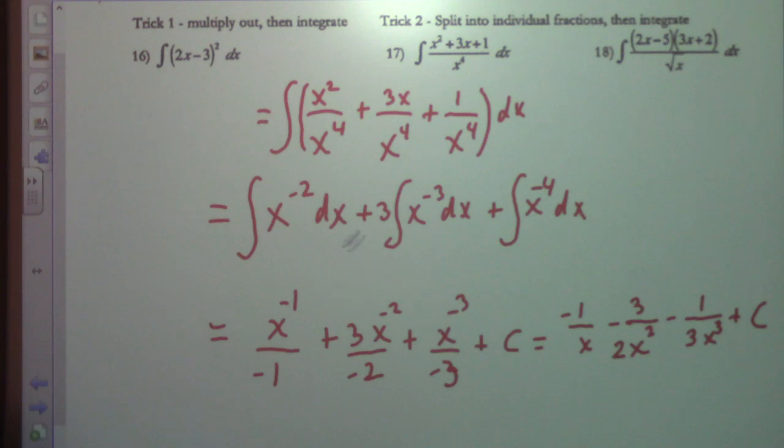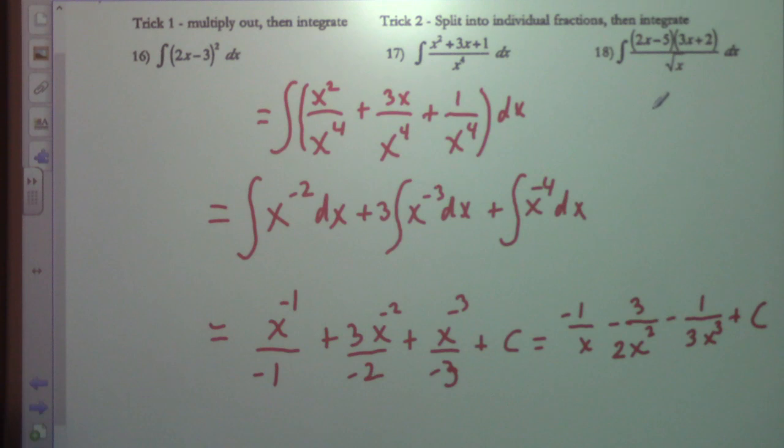Okay. Which step in this whole process here, which line 1, line 2, or line 3 are the incomprehensible steps? All 3 of them? Line 2? Okay, let's look at line 2 then. Line 1 shouldn't be any big deal, right? You're just taking these things and writing them up as individual terms. So this line 2, you have a question about this one? So this is going to be x to the negative 2 power, right? Subtract.